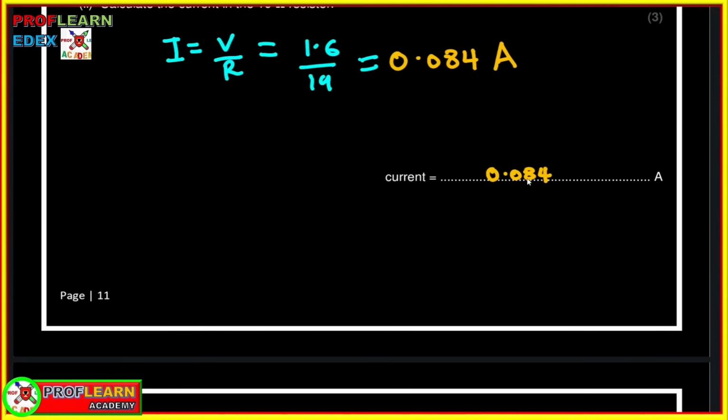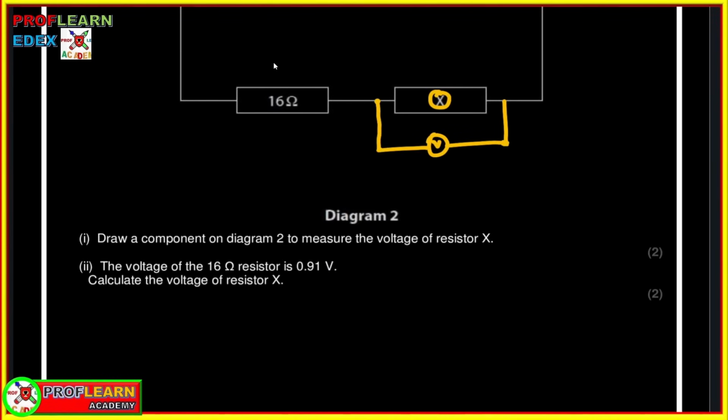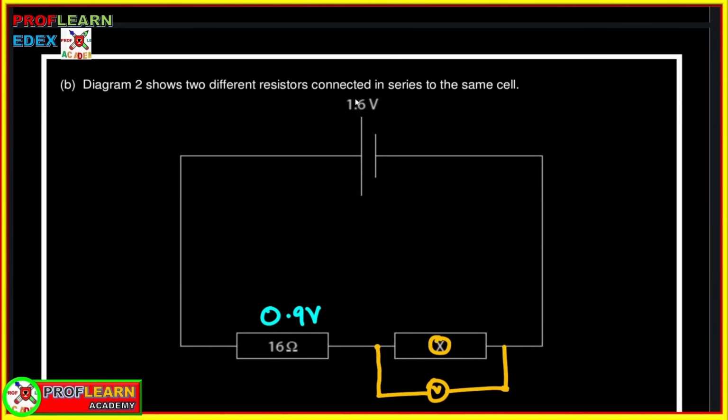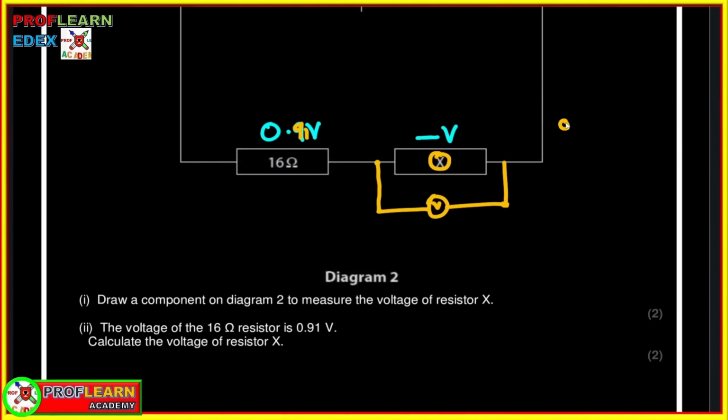All right, so that is what we are supposed to get in that particular part. We are supposed to work out the voltage in component X if the voltage in this 16 ohm resistor is 0.91. What is the voltage in X? You need to realize that if you add the voltage in component X plus the voltage in the 16 ohm resistor, it must give us 1.6. That's all you are supposed to do, because we said voltages are different in components which are in series. So we're going to work out that voltage there,